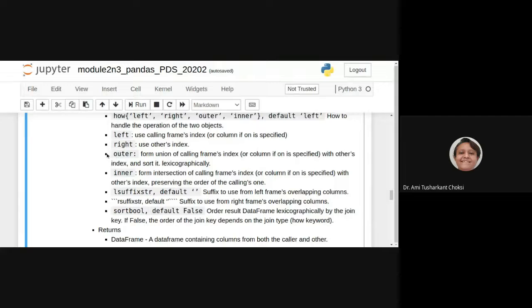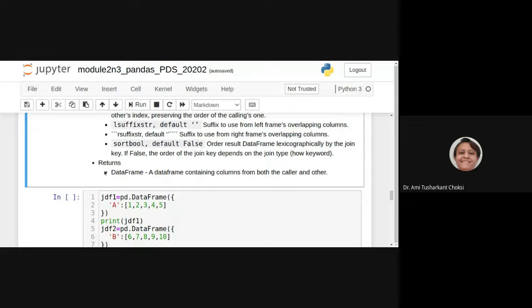Now see, outer considers the union and inner considers the intersection. Keep that thing in your mind. So what does it return? It returns the data frame containing columns from both the caller and other, right?